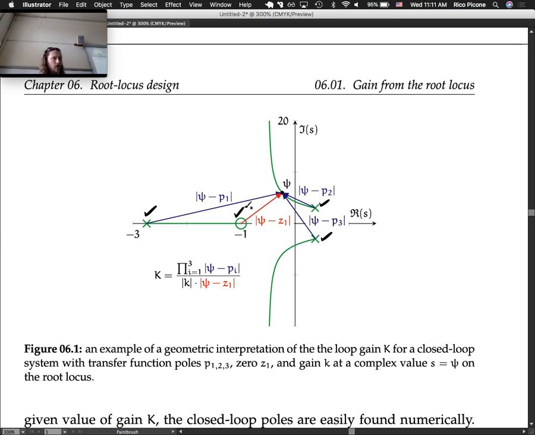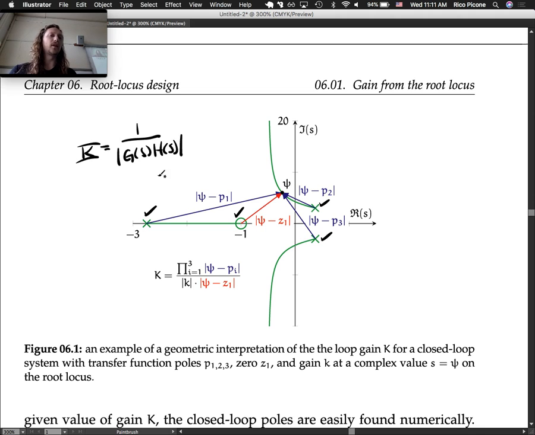So we know that our locus is going to start at these open loop poles and go to open loop zeros, one of which is finite, 2 of which are at infinity, right? And if we want to evaluate big K equals 1 over magnitude of G of S, H of S,